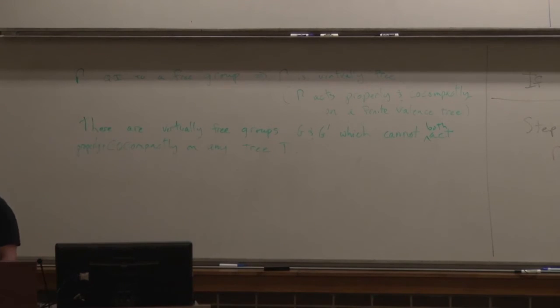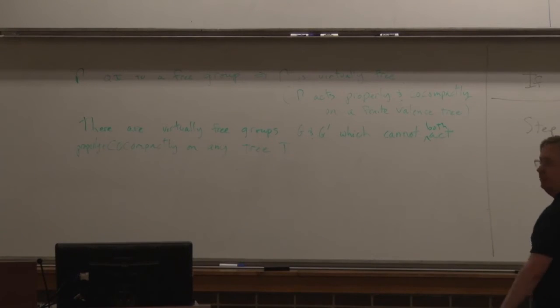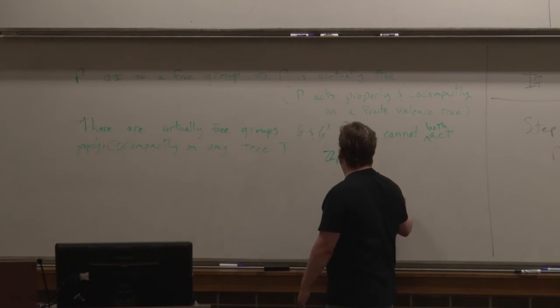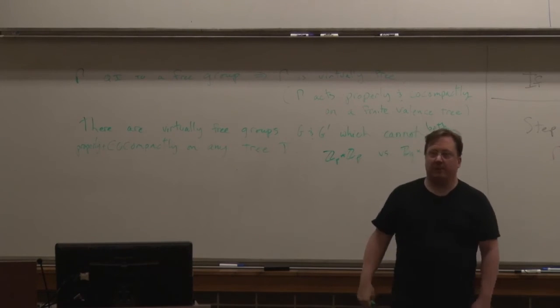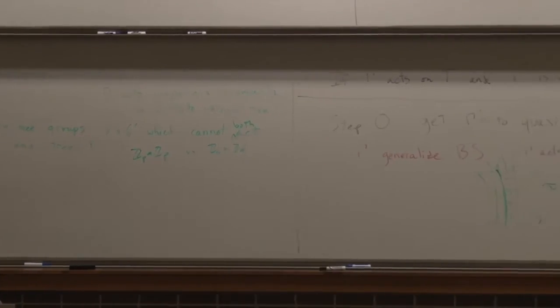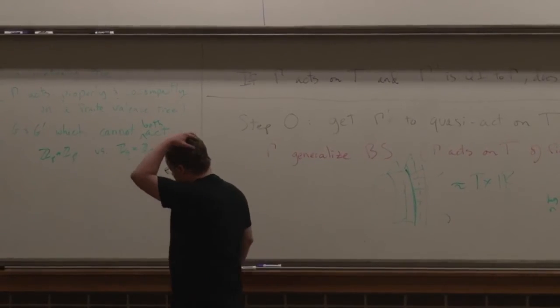Okay, so every virtually free group acts properly and co-compactly on a tree. But if you pick two different virtually free groups, there is no guarantee that there's one tree they will both act on. Okay, it's essentially something like you take the free product of Z/p and Z/p versus Z/q and Z/q for different primes. And the point is the fact that these finite groups have to stabilize vertices tells you something about what the valence has to be at the vertex. Okay. And these just can't simultaneously work out.